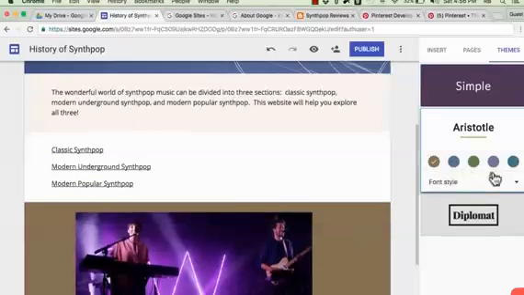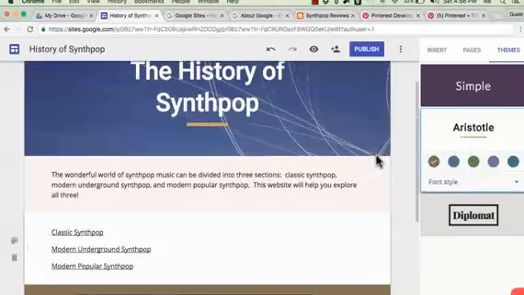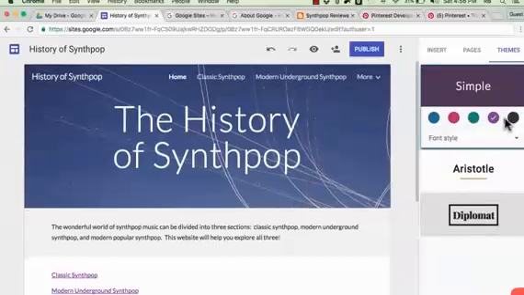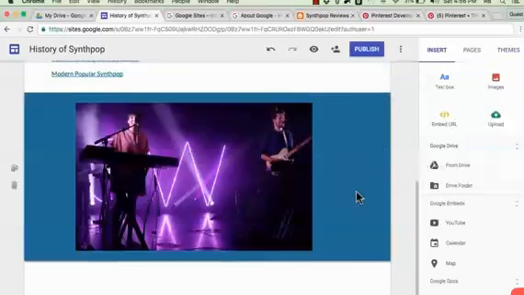Also, I can switch from simple to Aristotle or to diplomat. And this is mostly changing the style of the text, as you can see. I really like simple, so I'm going to go with simple and blue, but you can make those changes here in themes. All right, I'm going to go back now to insert, just to quickly point out to you that